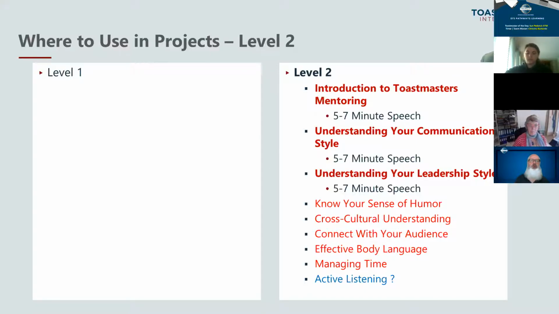But you can also apply what I'm going to say to know your sense of humor, cross-cultural understanding, connecting with your audience, effective body language, and managing time. Whether you use this in active listening, which is more about segues from one table topic to another, is questionable. But if you show passion, if you show knowledge, your audience will always be interested.